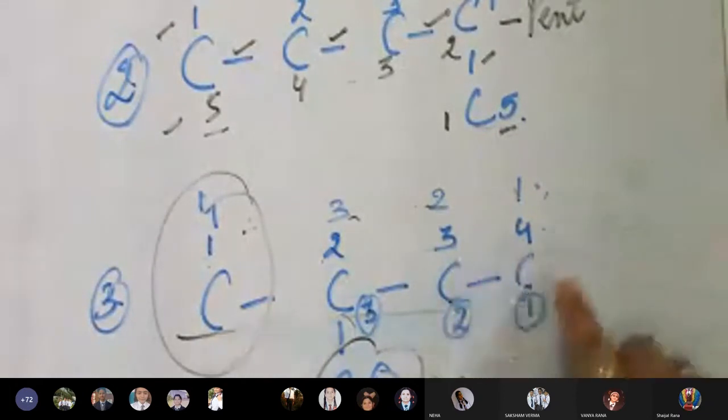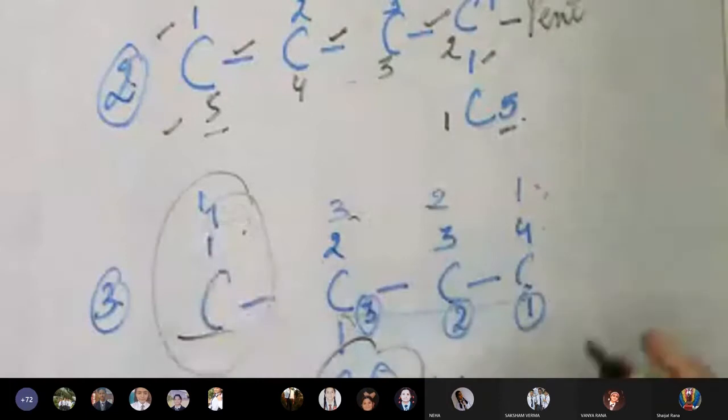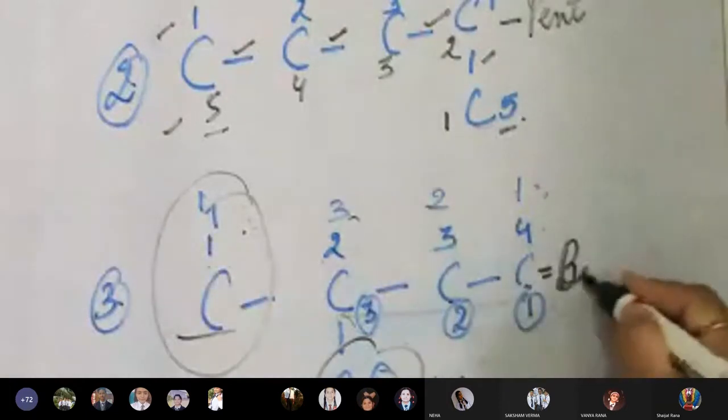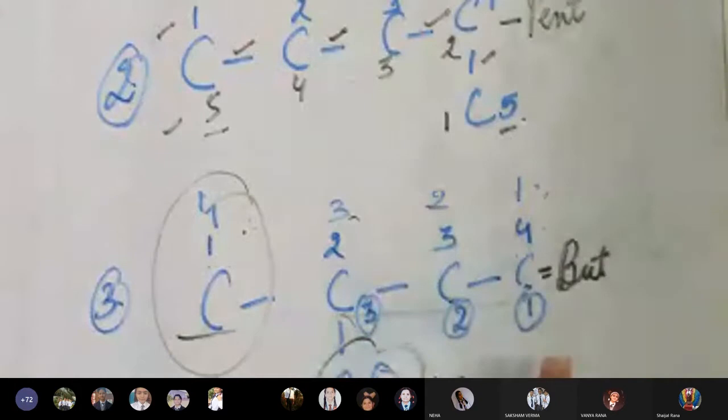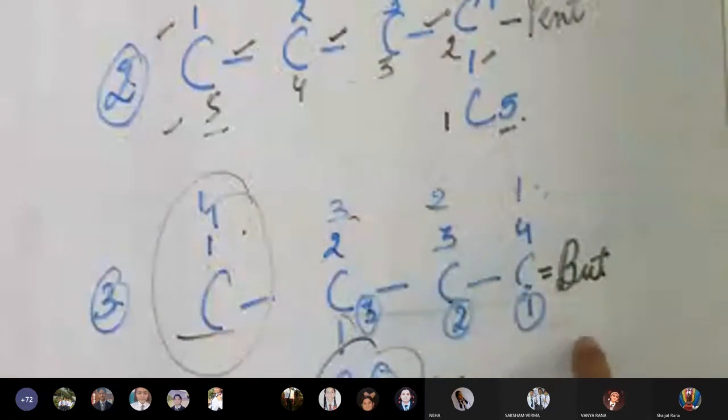Okay, so any problem in this particular example? The other two I think are very simple for you to understand. Anybody has to ask why is it not that, and why out of these three anyone can be your answer, whether you choose this as the longest chain, this as the principal chain. Your number of carbon is 4, so for carbon number 4 the root word is but. Either you move this way, you will get but. Either you move 1 to 4, you will get but. Anybody has any doubt in this particular example?